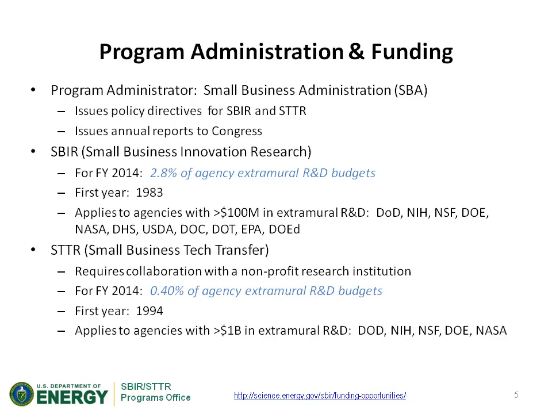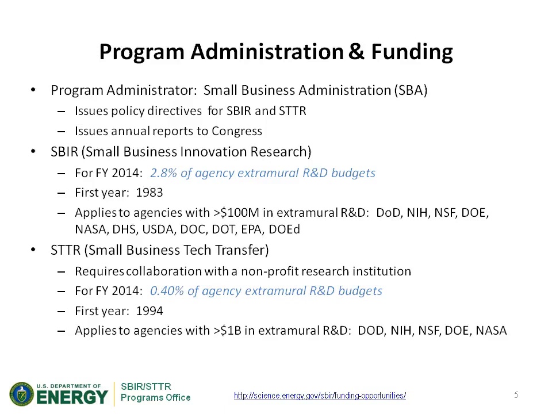Instead, what happens is they take a percentage of each agency's extramural R&D budget. Extramural refers to R&D money that the agency sends outside the agency for research, as opposed to the intramural research, which is R&D performed at the agency. Again, for 2014, that's 2.8% of our extramural budgets.